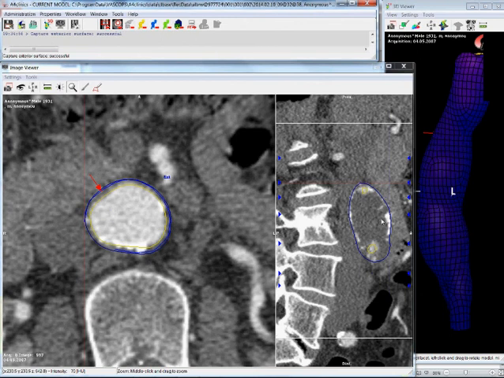Right, now let's say we are fine with the segmentation now. So what